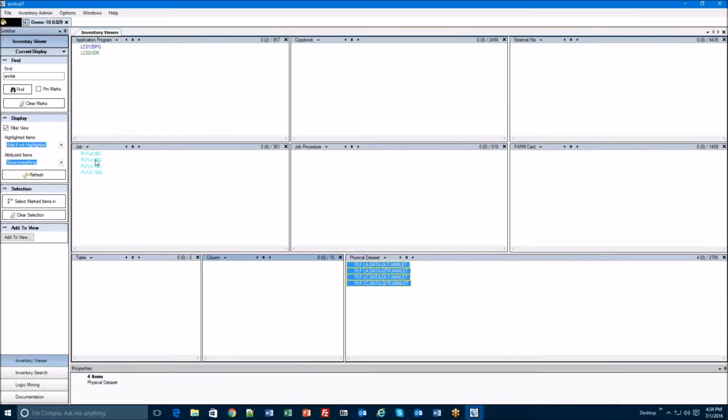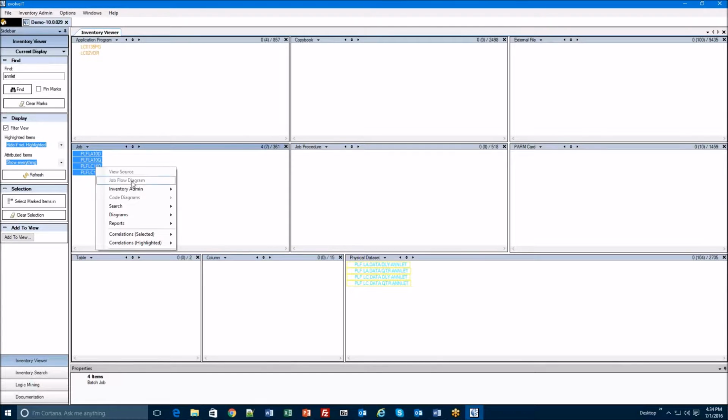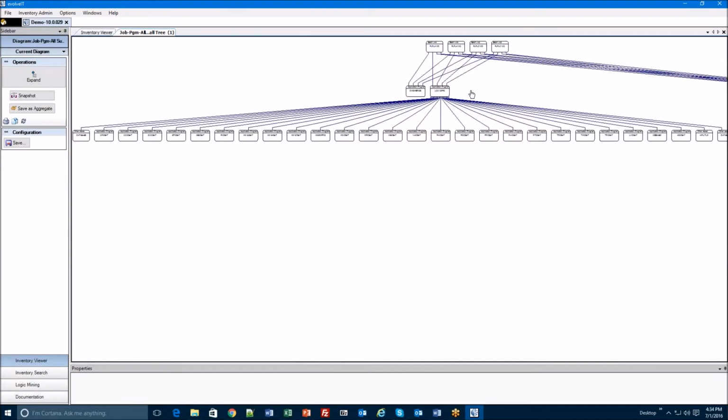So you can see the colorization showing that batch jobs are both reading and writing. That's what this light blue color means. And this program, being darker blue, is writing only, and this program is green, meaning that it is reading the data. I like to begin with documentation, and so I'm going to build a standardized document from my selection,